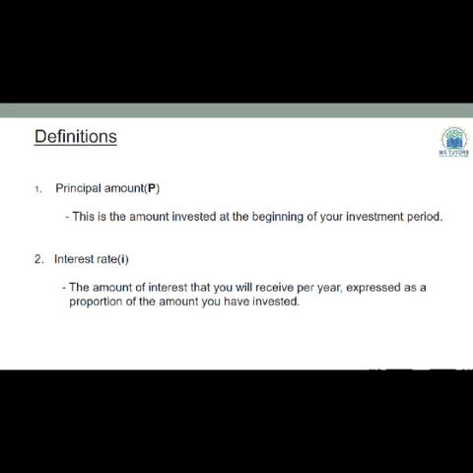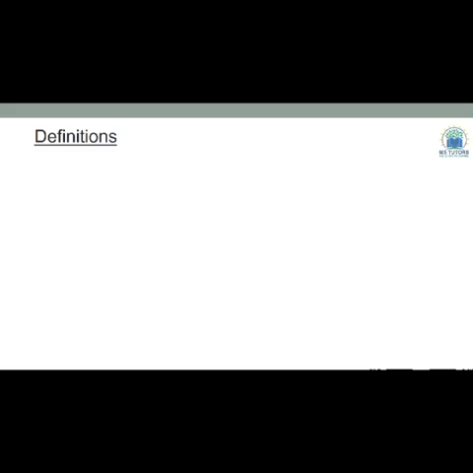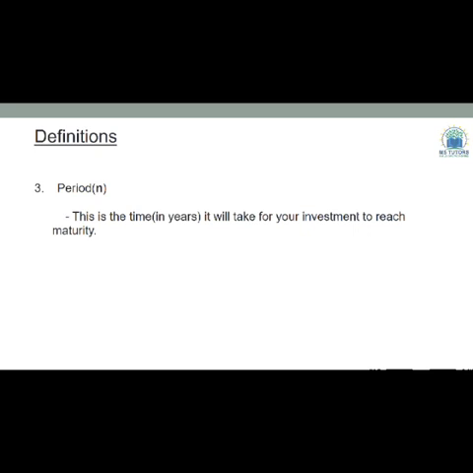Now, let's continue and look at the third one, which is the period. The period is represented by the letter N, right? And this is the time in years that it will take for your investment to reach maturity. And by maturity, we mean the time at which you will be allowed to cash out from your investment,